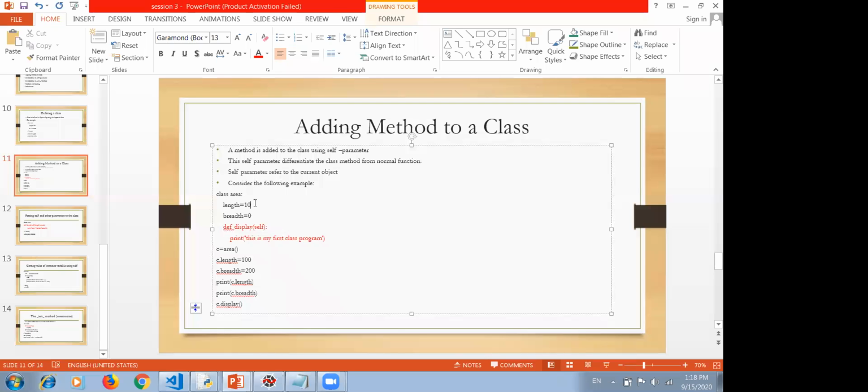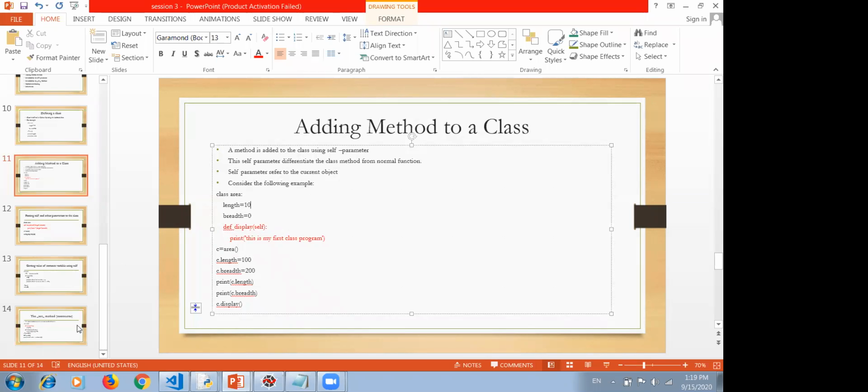So for that, I want such a method. I want there should be a method that is automatically invoked, automatically executed whenever I create the object of the class. So init is an inbuilt method which automatically executes. There is no need to call this method. It will be automatically invoked whenever we create an object of the class. So in the init method, we can assign the values. We can pass a parameter at runtime.